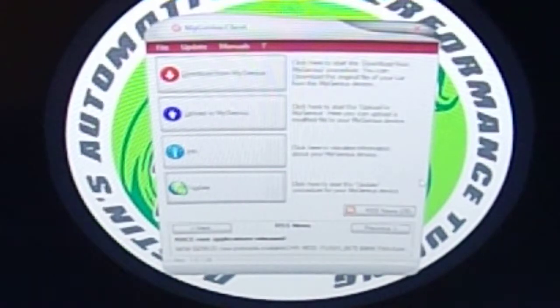Okay, so now we are going to go to Upload to My Genius. Select that button. Alright, it says you can continue with the wizard, hit next. And we are going to come over here on the little square and select where we're going to pull this file from. Now remember, this is why you made the easy folder. So we're going to go to Desktop, the new folder we made called Tunes. And there's one that is mygfile